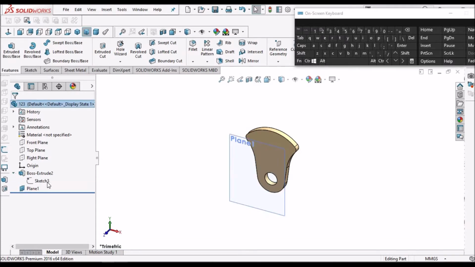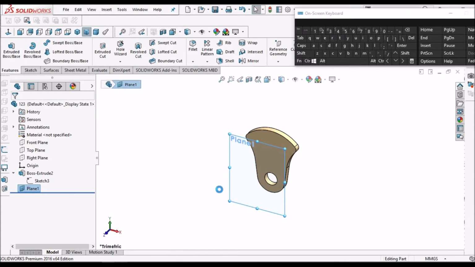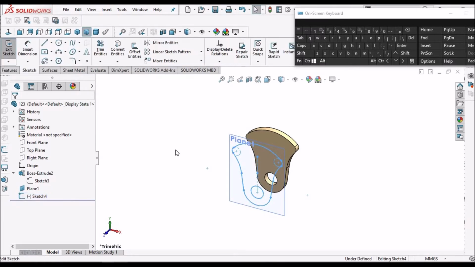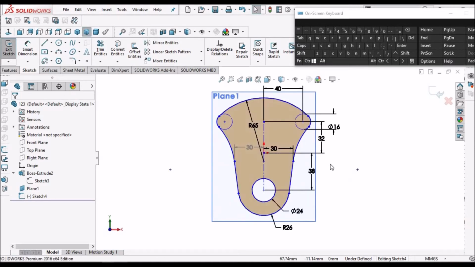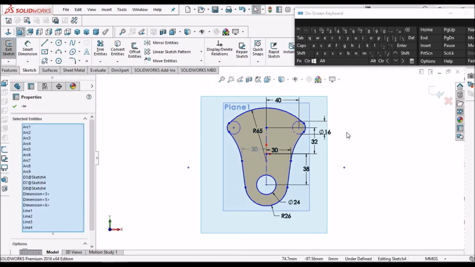Now select the sketch, go to edit, copy and select this plane, go to edit and paste. So we got the sketch. So keep it normal. So we got exactly same dimension.